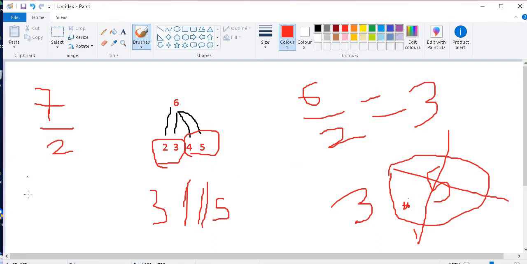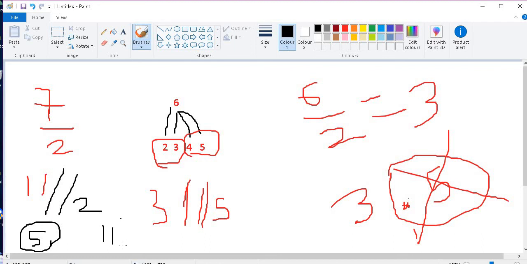If you are still confused, if you use 11 by 2, the value is going to be 5.5. But with 11 double division 2, we get 5.